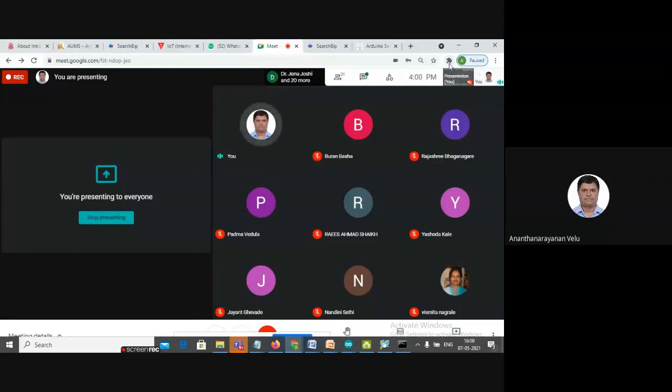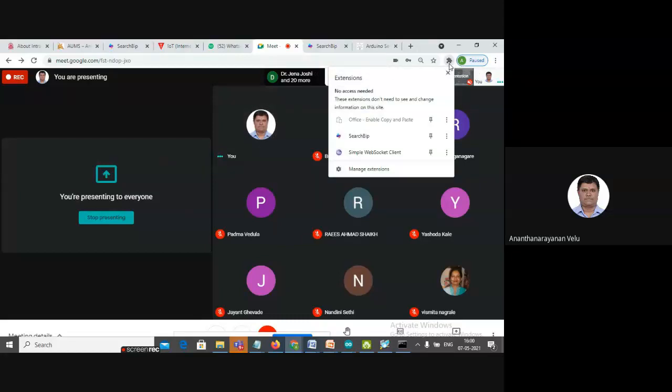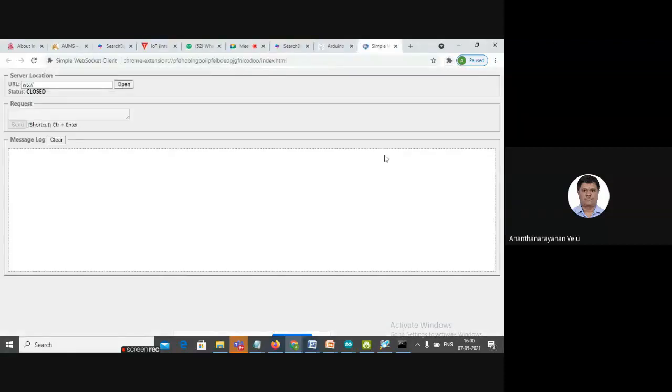When I click that extension, I have a simple WebSocket client, right? When I click the symbol WebSocket client, I will be able to get a WebSocket client. So look at the protocol, it is WS. It is WS, that means WebSocket, not HTTP, not CoAP.